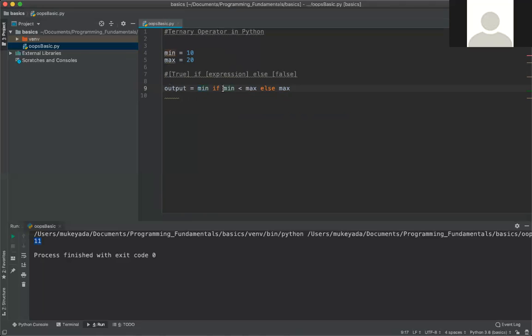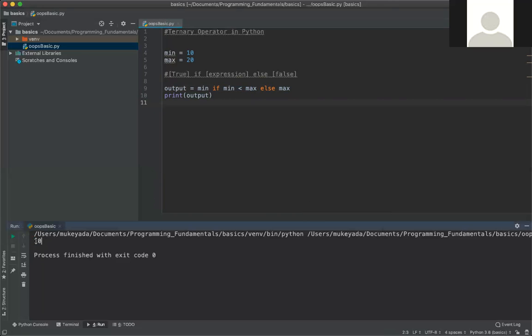So this is our expression. According to the expression, I need the minimum value to be assigned to another variable, and if that condition isn't satisfied, then we take max. Then let's print output. Now let's run the program.